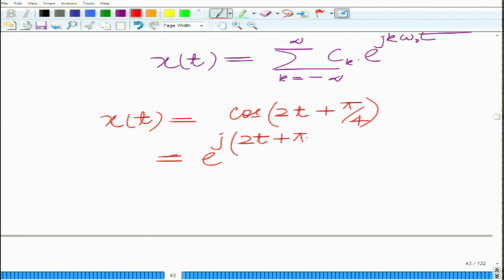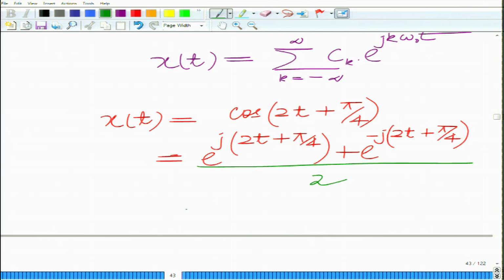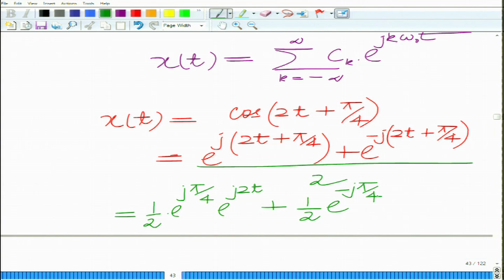So, this is e raised to j (2t plus pi by 4) plus e raised to minus j (2t plus pi by 4) divided by 2, which I can write as half e raised to j pi by 4 e raised to j 2t plus half e raised to minus j pi by 4 e raised to minus j 2t,